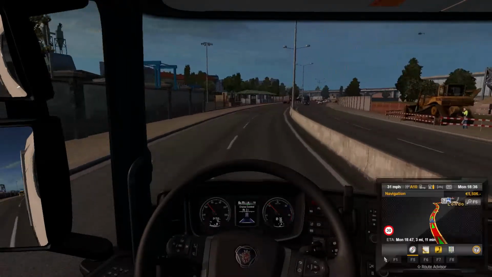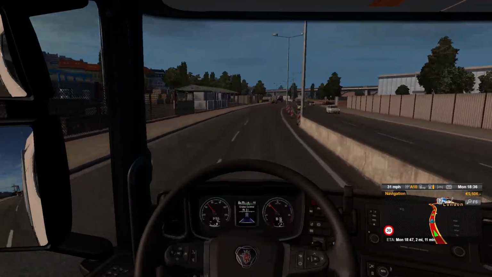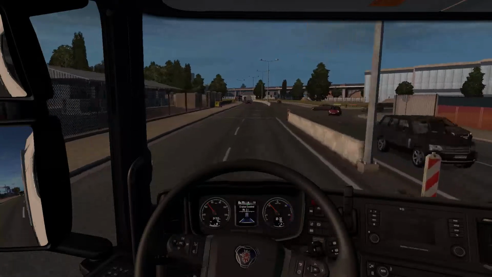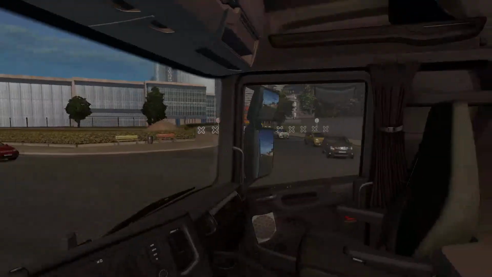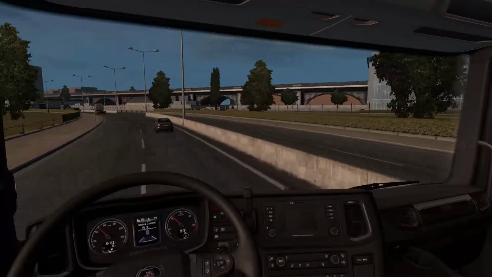Here we are here in London. I'm going to need directions now, because I don't know my way around London. I'm going to try and do it, but I don't think I'll know the way. I will bring up the navigation if I think I need it. So I'll just check the audio again, actually.